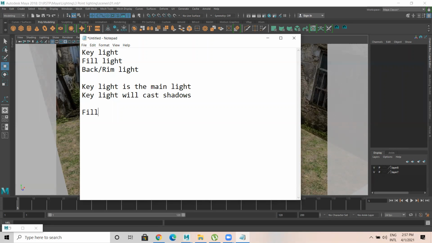So fill light is the secondary light. Okay. So it will remove the darkness created by key light. Okay. So rim light.